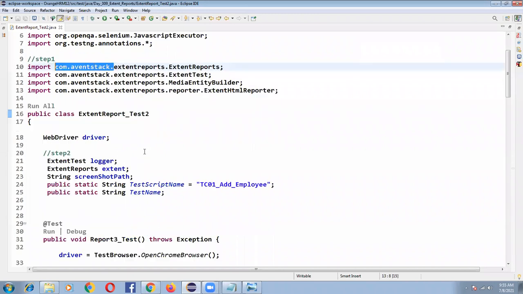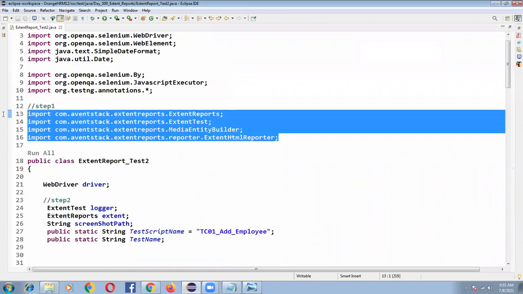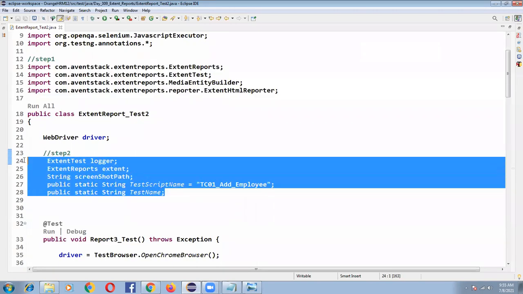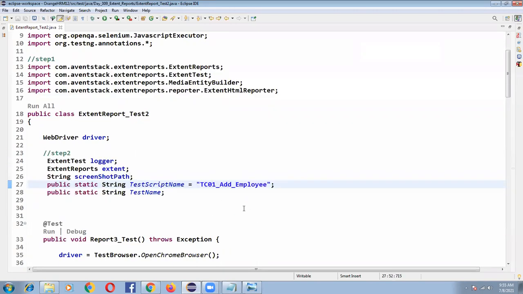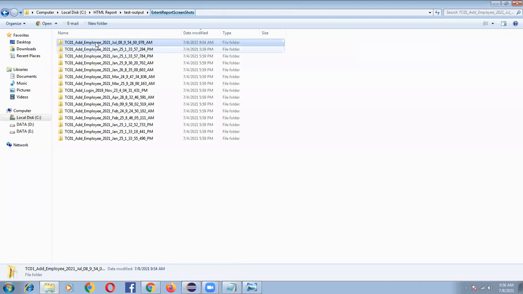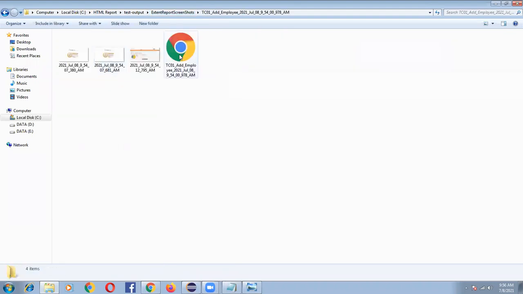So this is step 1, importing, and this is step 2, the declaration part, where you copy and paste, and whatever name you have given, tc01 add employee, with that name the file and folder have been created, and the same name tc01 add employee underscore the HTML timestamp has been generated.